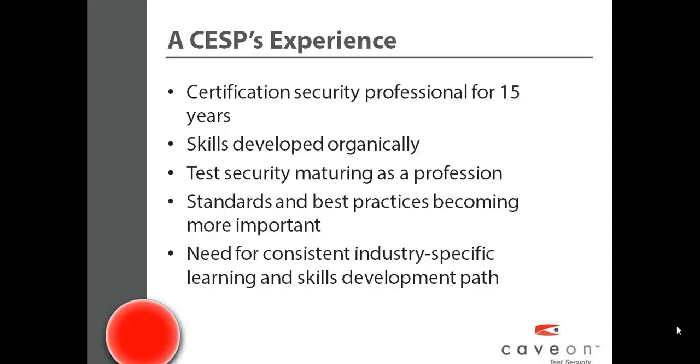We didn't previously have a consistent industry-wide learning skills and development path, so I'm really happy to see the CESP come along, and I've been tracking it since it was first announced a year or so back. My experience in taking the test, I can say I enjoyed taking the test. I enjoyed preparing for the test. I can admit that I didn't know everything